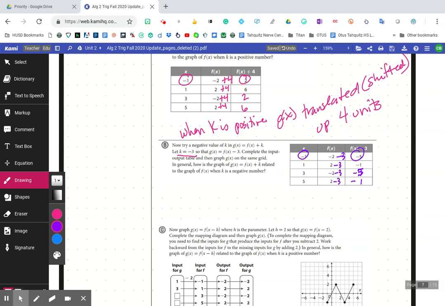So this time, so when k is negative, g of x translated or shifted is fine, down 3 units. All right,